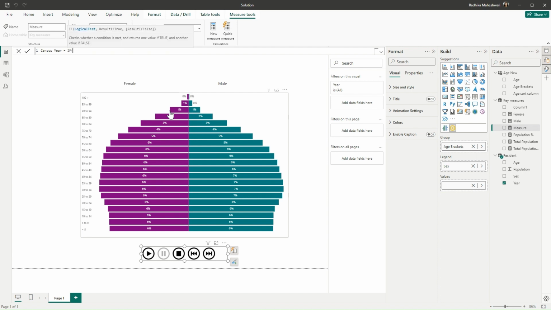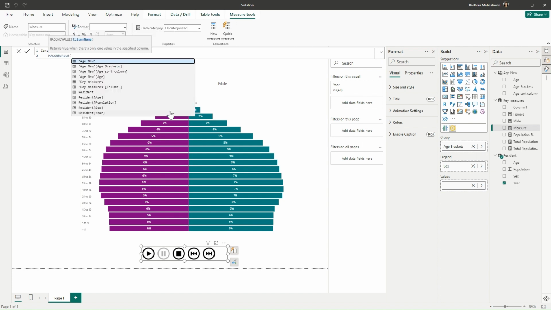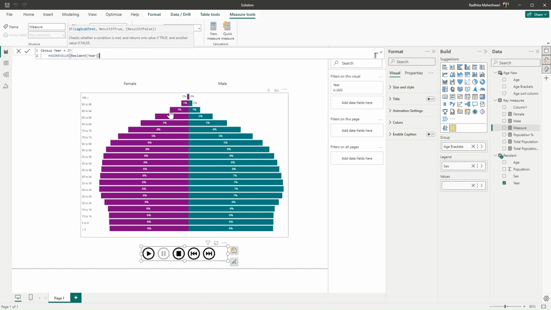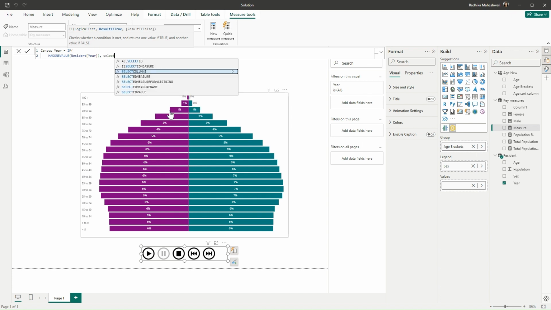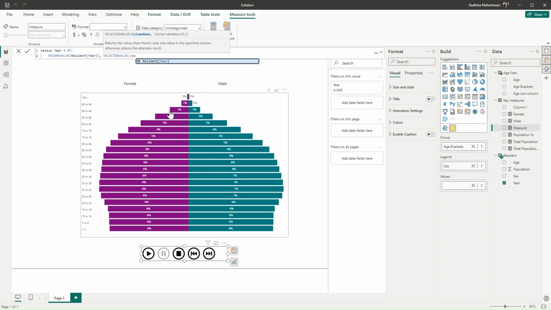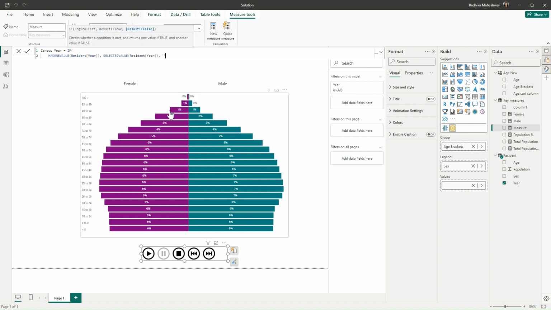So what I will do is, if has one value, if our year has a value, then we want to show that selected year value, selected value of that year. Otherwise, we will just show 2015 to 2060.